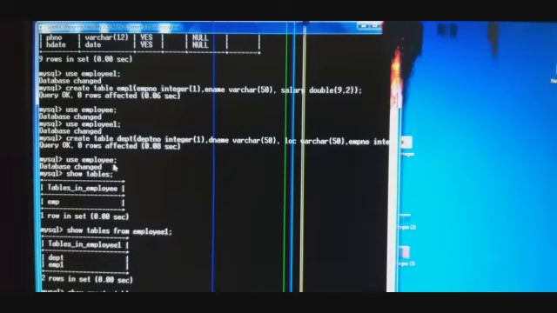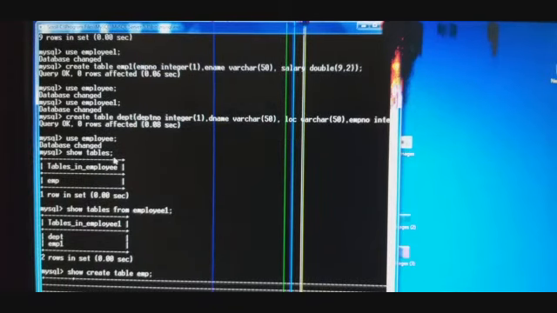Once again, I return back to our previous database, that is employee, and here I had given the command show tables, and it is displaying the list of tables, that is EMP. So in our previous database we have a single table, that is EMP. But if we want to display the list of tables of another database,